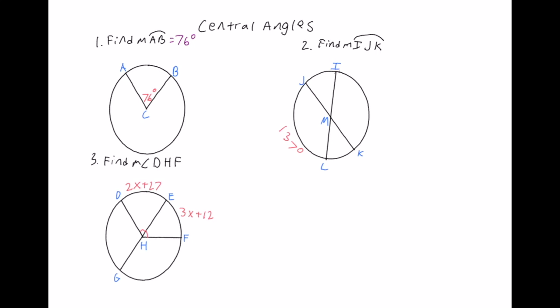However, if you'll notice, this line goes through the center. So since the line goes through the center, it's a diameter, and it creates a semicircle. So if this whole arc is 137 degrees, this arc will just be 180, the measure of a semicircle, minus the 137,